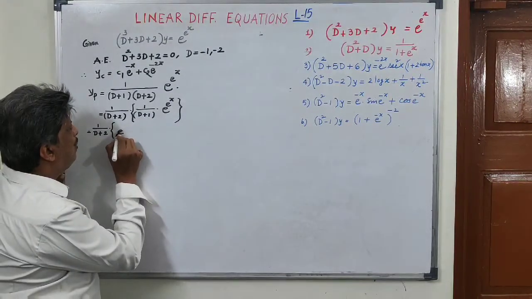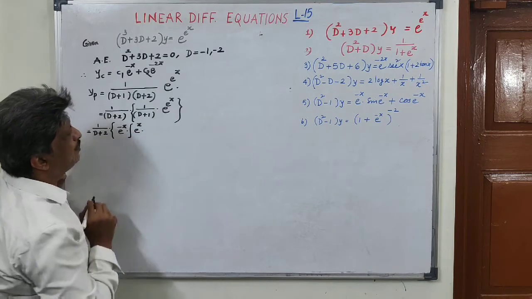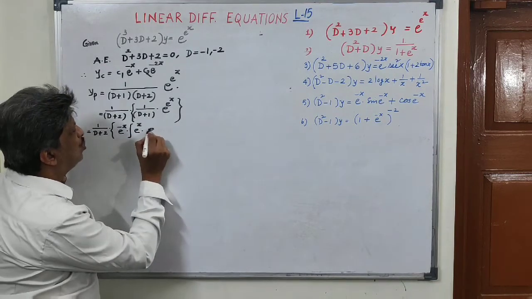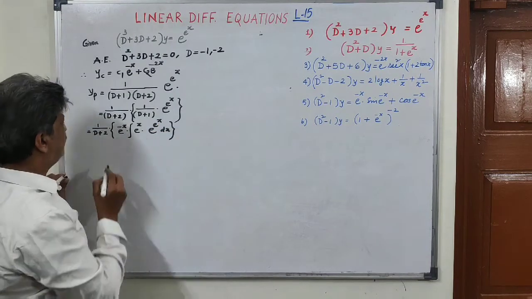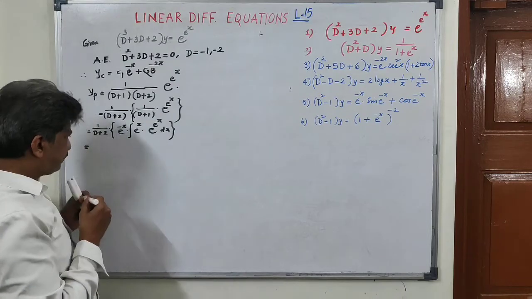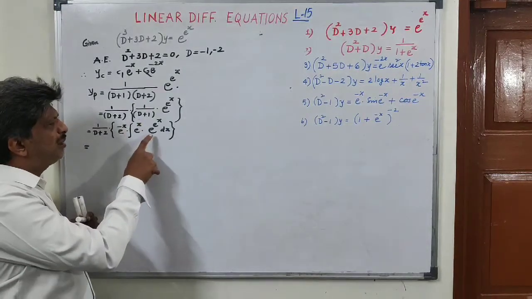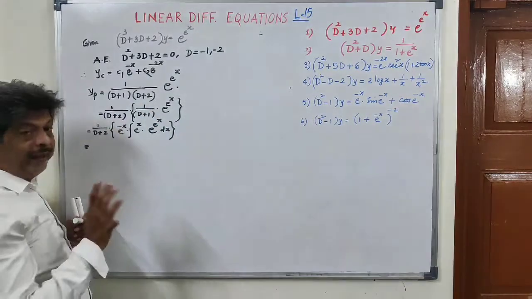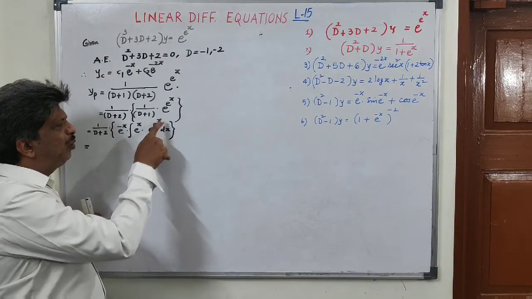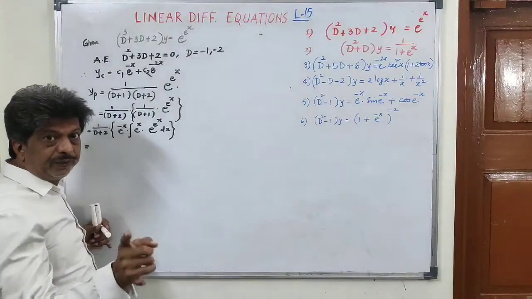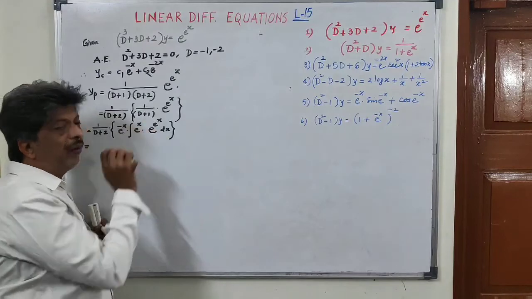So it is equal to e raised to power minus mx into the integral of e raised to power x into e raised to power x dx. That is further equal to, this is very simple to integrate. If I put this power of the exponential, e raised to power x equal to t, this becomes e raised to power t.